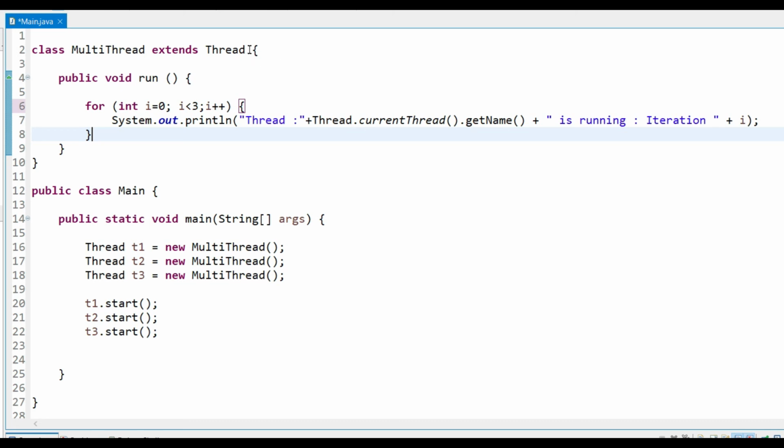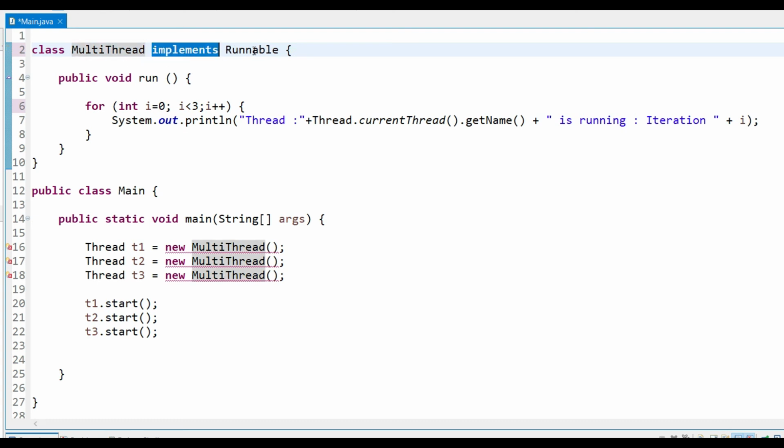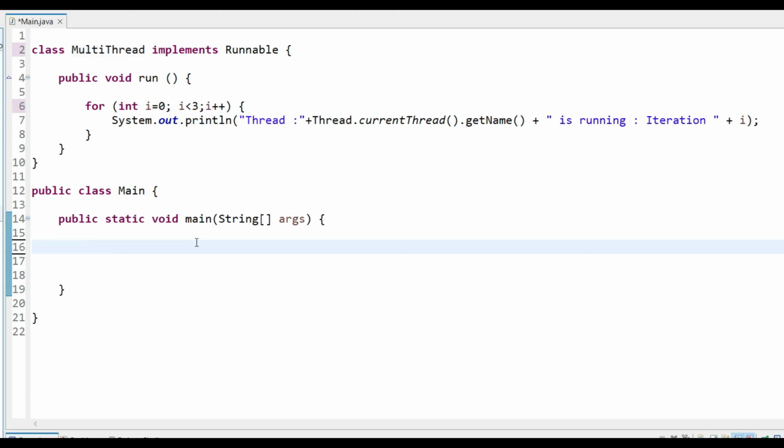For example, if we extend any class, here I can implement Runnable, and I have the option of extending any other base class. This is the beauty of implementing Runnable. So I delete this one, and now I will create the thread by implementing Runnable, and obviously we have a run function in this. Similarly, for creating an object of the thread, I name it, for example, t1, which is equal to new Thread,